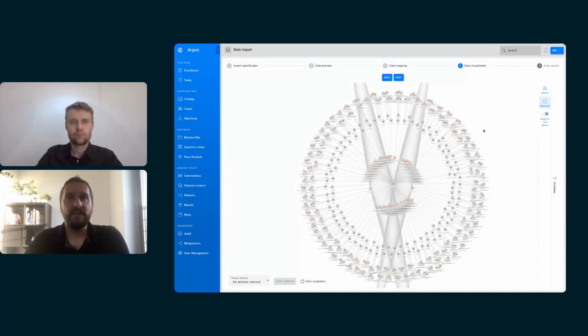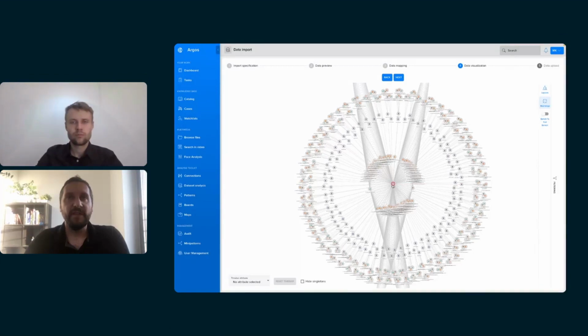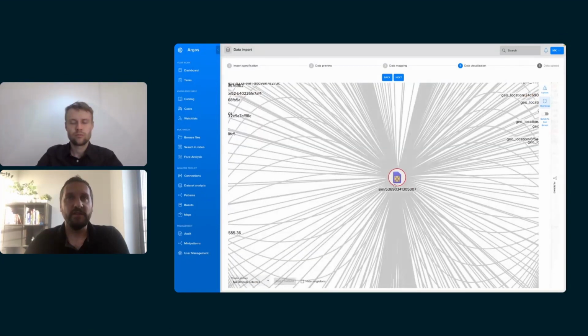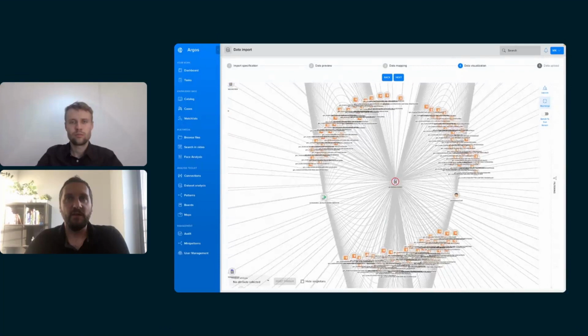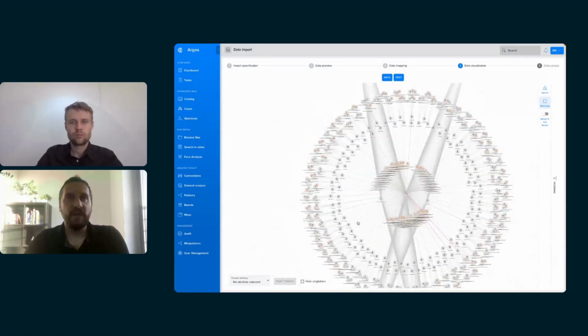So in this case, it will be all centered around this one SIM card, because this is the phone number of the subscriber, and this is the subscriber I've been requesting information about. And these are the counterparties and all the associated information like devices and locations. Now, as you can see, this is really hard to analyze from this view,